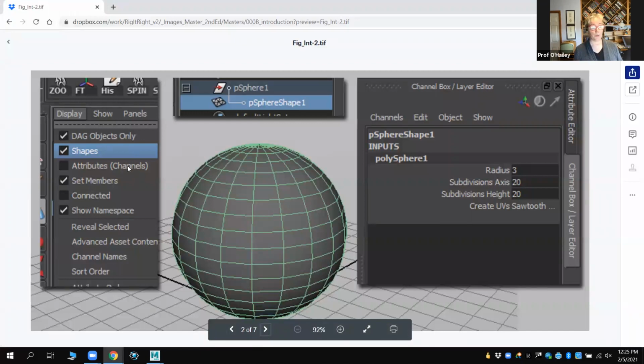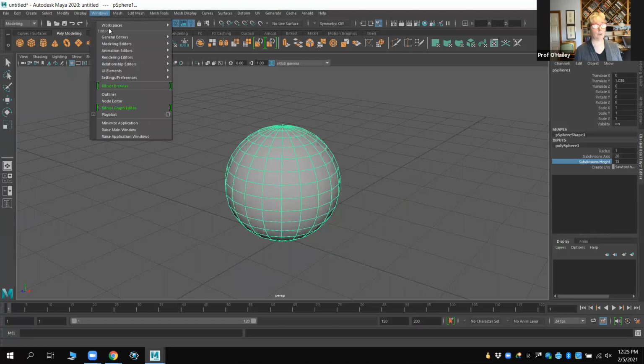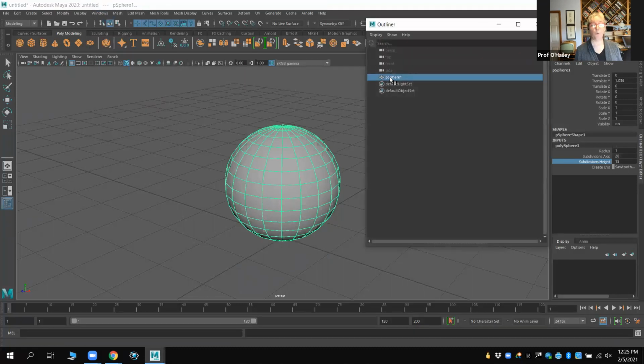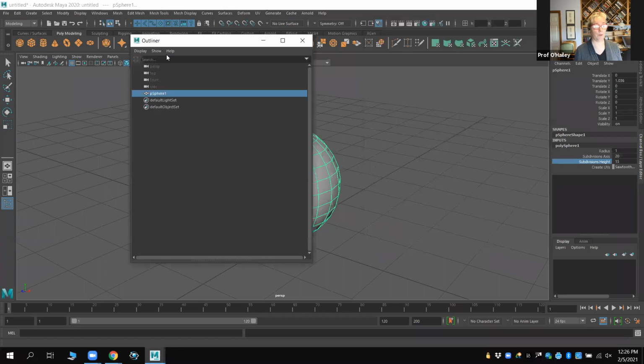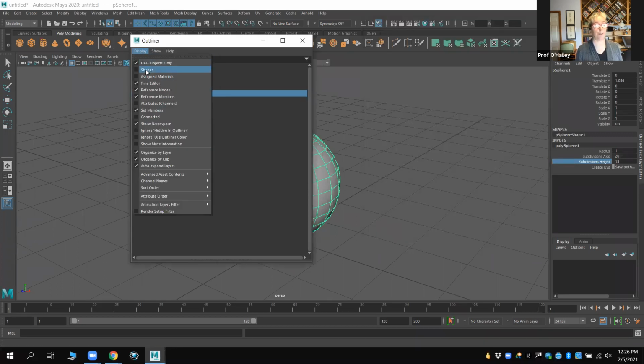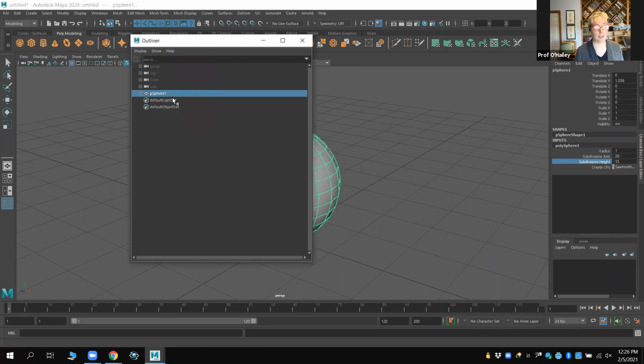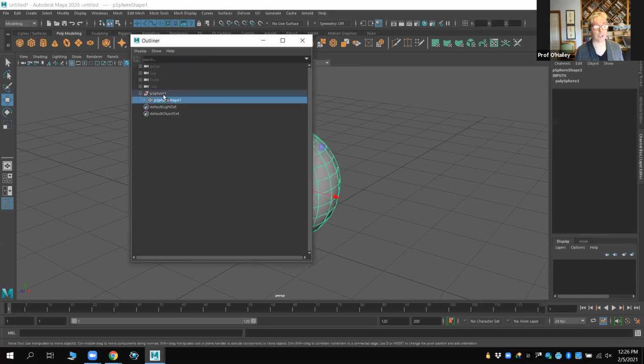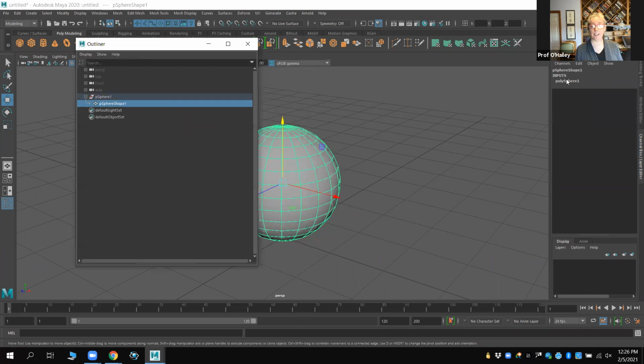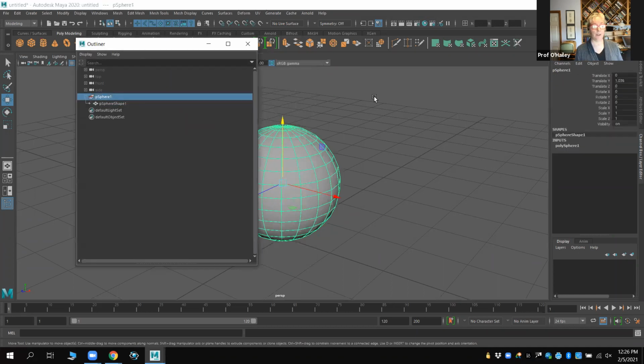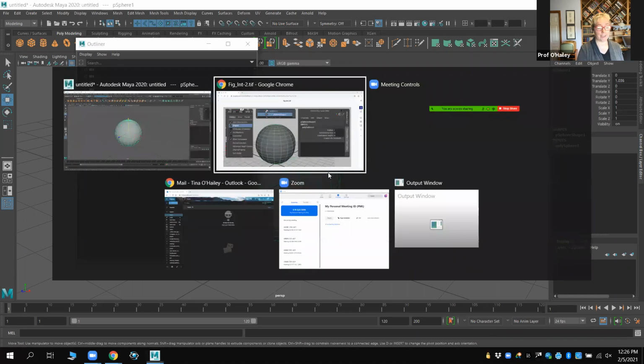We want to make sure we can see it in the outliner. It's under Window, Outliner. You won't see it, you see the transform nodes. So if I go to Show and turn on Display and turn on Shapes, now you can see that shape node. And when I select it, I see just that shape node. Select the transform node, and you see the transform node and the shape node down here. Very important when you're trying to connect things together. Another way to see it